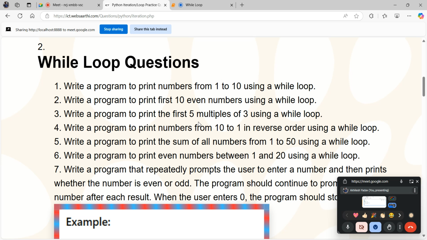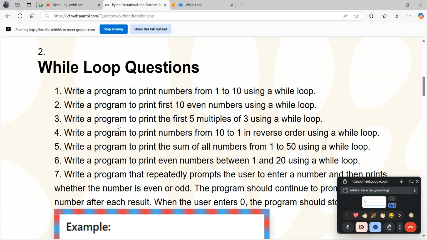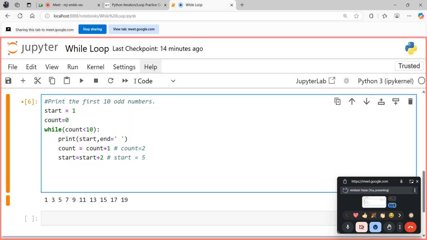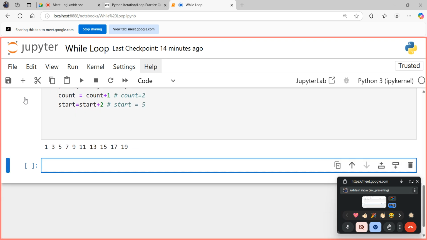So remember that a question which can be done using a for loop can also be done using a while loop, as long as the condition holds true. But there are certain questions that can be done using only a while loop, and that is very difficult to do using a for loop. Since this is an easy section question, we are just getting our feet wet in understanding how to implement a while loop. So the question is to print the first 5 multiples of 3. Very first thing what we are going to do,